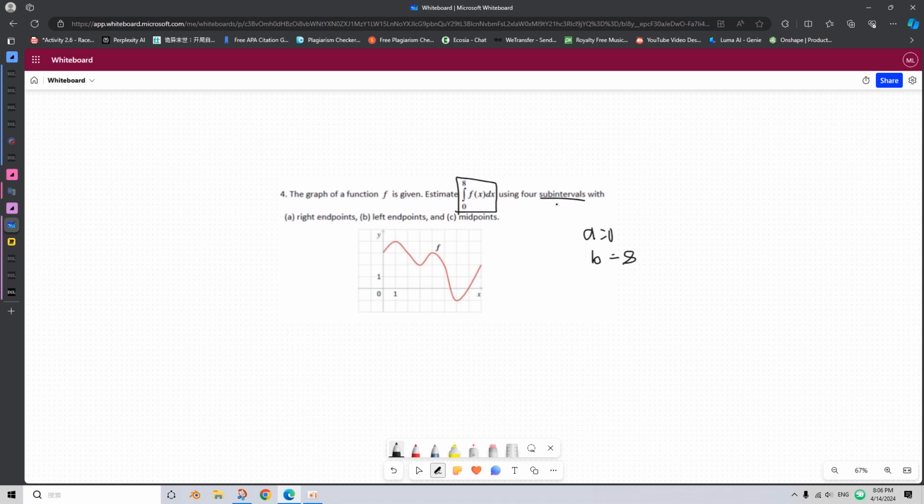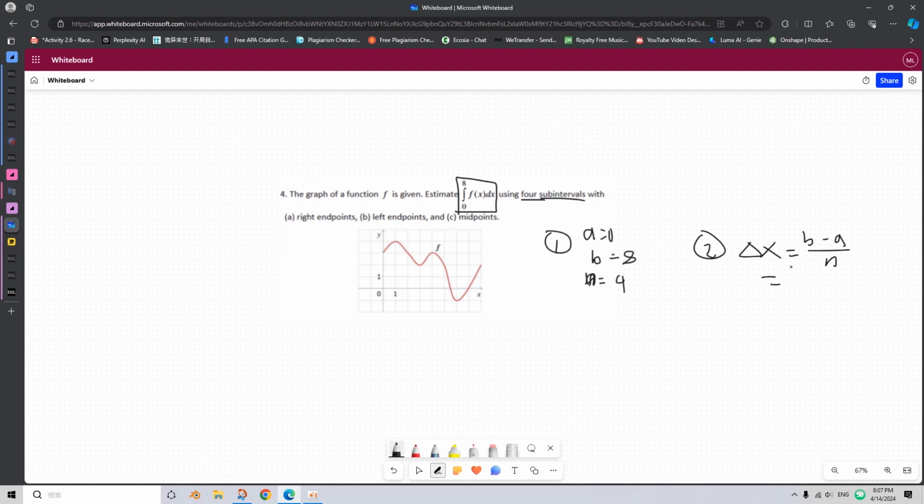And they didn't give us the formula, right? But they gave us a graph, so we don't need the formula. The formula is basically just a graph. If we have the graph, we don't need the formula. It's the same thing. So there's 4 subintervals, so n equals 4. So that's step 1. Step 2 is delta x equal to b minus a divided by n,